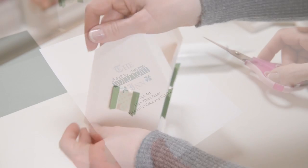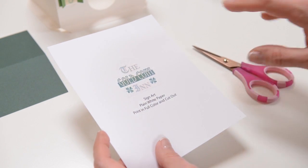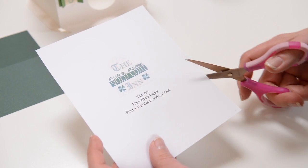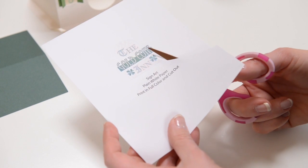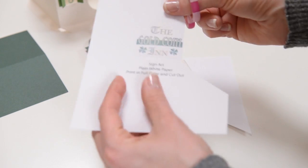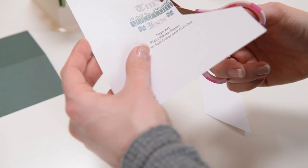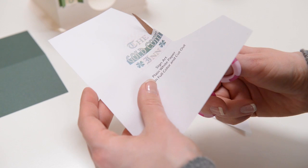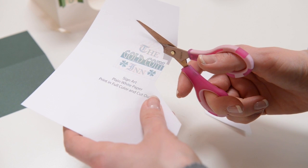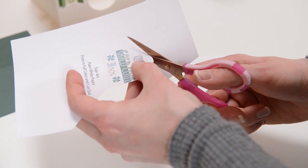Okay. Now let's take a minute and put together the roof so that we can put it on top of the house. So the first thing I want to do is print out my little sign, if you want to use the little sign here that I've designed. And you just want to cut that out with scissors or a craft knife or whatever you are comfortable with. If you are comfortable with print and cut with your electronic cutting machine and your software, there is a printable in this project's extras folder for you,